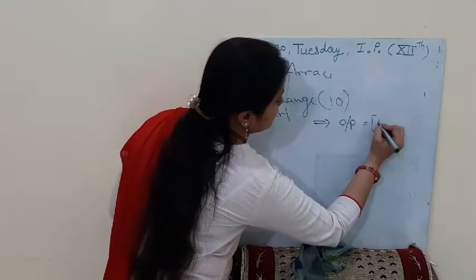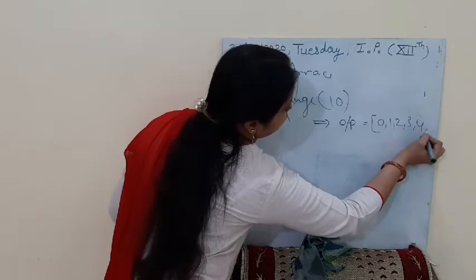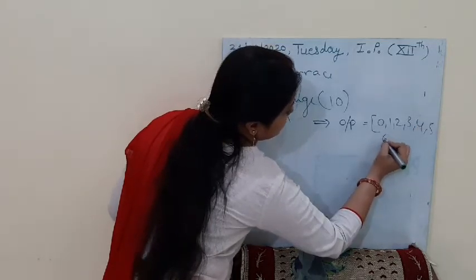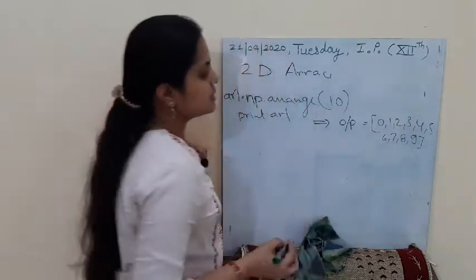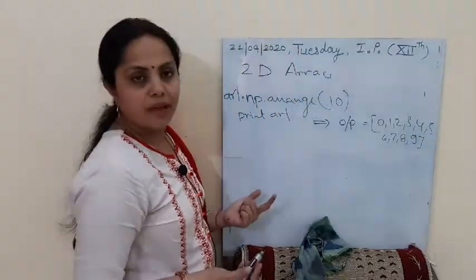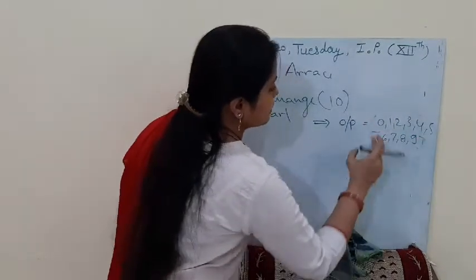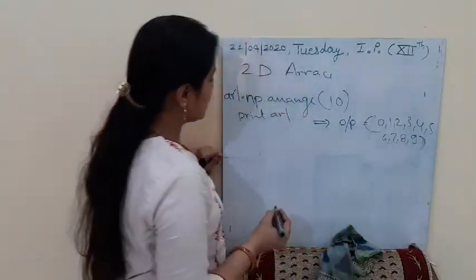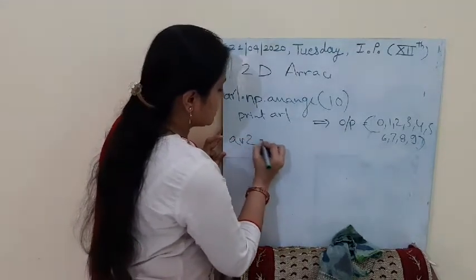Output will be a 1D array starting from 0, 1, 2, 3, 4, 5, 6, 7, 8 and 9. That means these 10 elements will become an array. Okay, now this will be an array that we have created. Now I will use the reshape function. What I'll do, I'll write AR2 is equal to